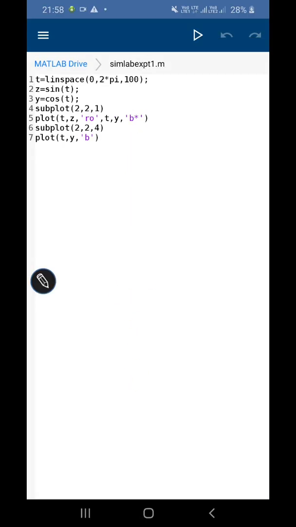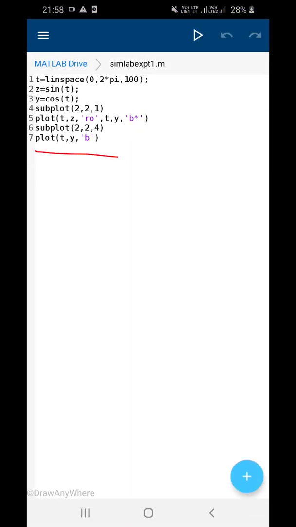Now you can easily understand this step. This plot t comma y comma b means you want this function to be in the 4th location, as we mentioned in the subplot. On the x axis is t, the y axis is your cosine function, and you want that function in just blue color.